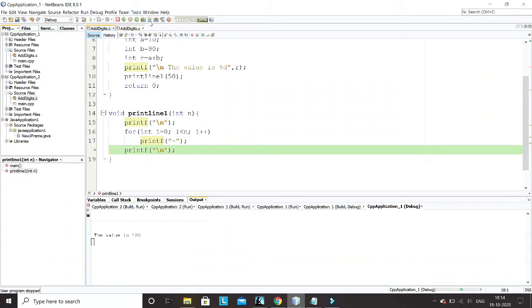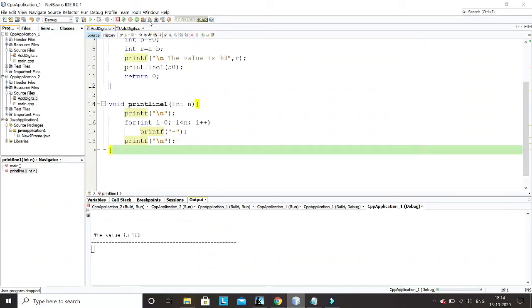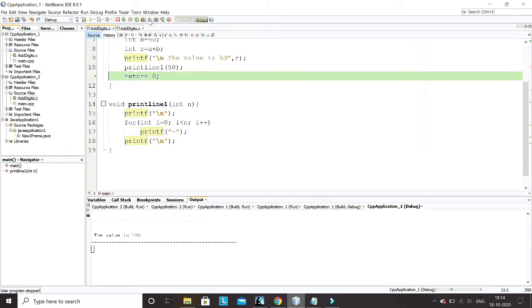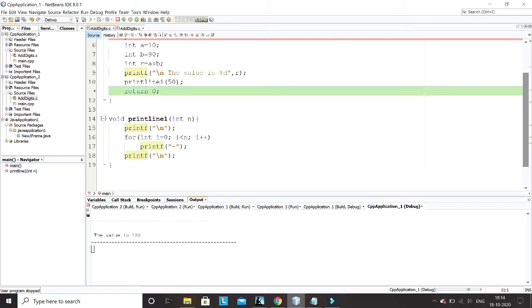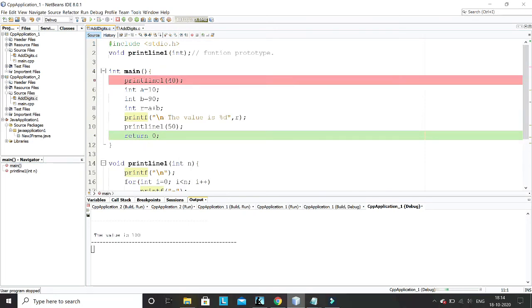Okay, so now again I will go to return. If I press it again, it will return from this function. It will return to the next line from where it was called. It is called from line number 10, so it will return at line number 11. Line number 11 is the end of the complete function, because this is the return zero of the main function, so my program will stop here.